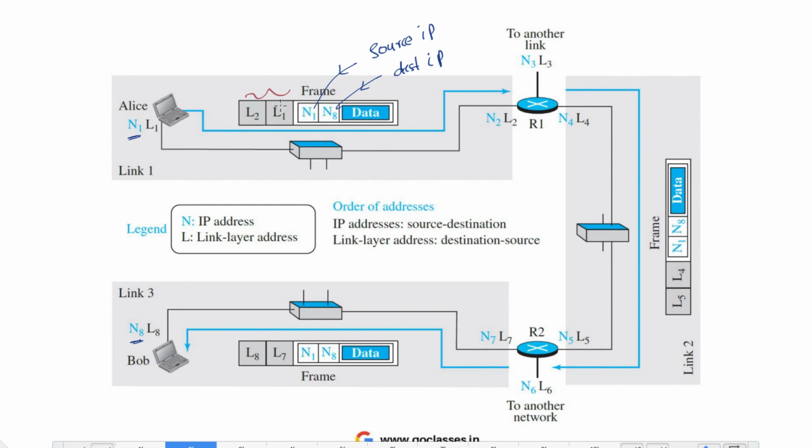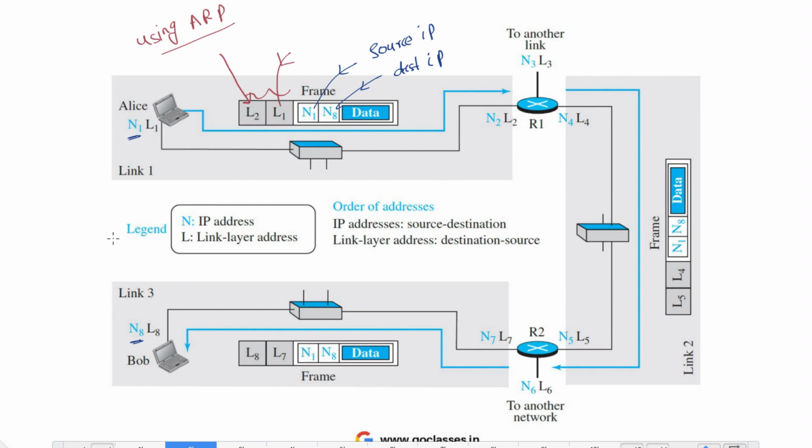Now in this case, you will not be having the source and destination IP of the whole network. You will be having hop wise, which means if we are sending a packet from Alice to R1, then the MAC address or the physical address, also called link layer address, of Alice will be L1, and MAC address of this interface is L2. So you will be writing L1 and L2. How are we getting this L2? This is using ARP. So we will study later. Using ARP we will be getting this L2. ARP is one of the protocols in network layer which we will study later.